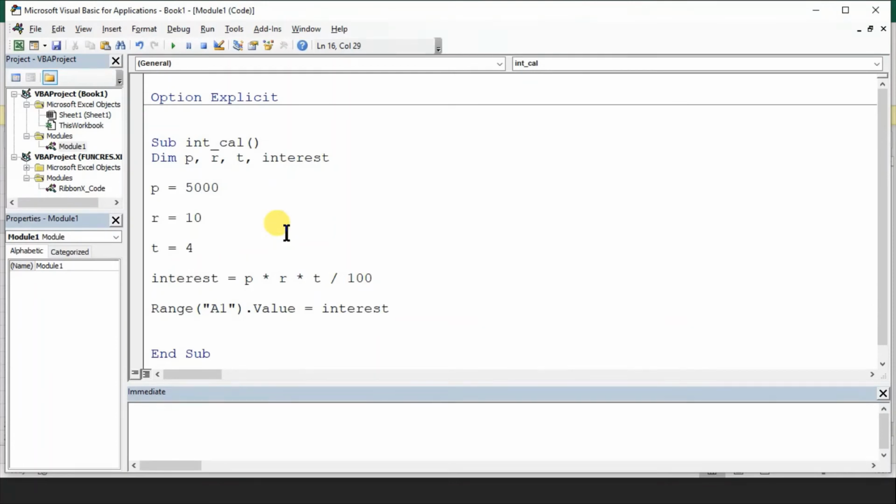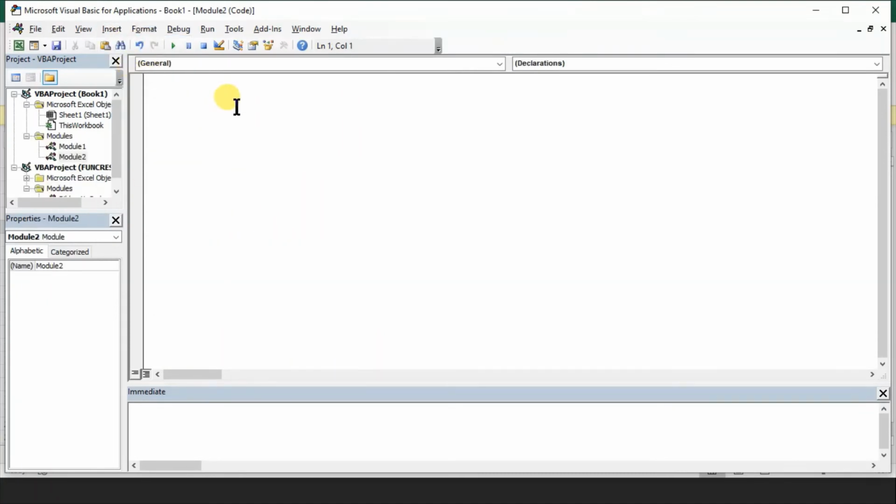So what I want to tell you is that with the help of Option Explicit, declaration of variables becomes compulsory. And when declaration is compulsory, if we introduce another variable by a spelling mistake, the computer will tell us this variable was not declared. So we will be saved from mistakes which we cannot identify otherwise. Fine. So every time you create a module, by Insert Module, you have to write Option Explicit. But you don't have to write it every time.